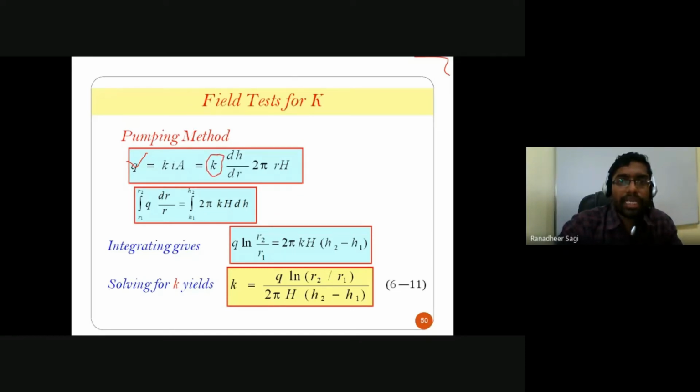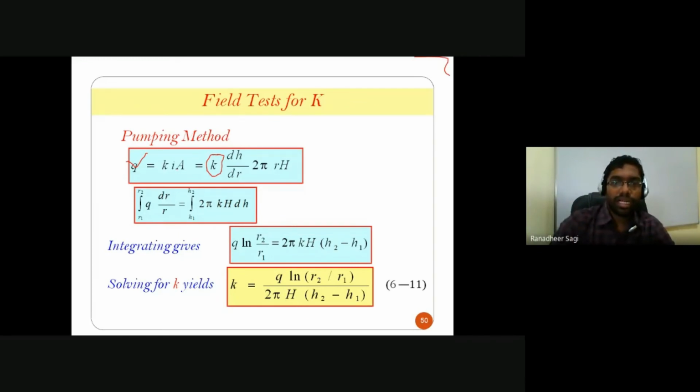And next is the hydraulic gradient. How do we write down the hydraulic gradient? Hydraulic gradient I can write as head loss from one point to another divided by the corresponding length of seepage. Hydraulic gradient can also be defined as the slope of your free flowing water surface. That's nothing but the slope of your water table, the drawdown I am referring to here. So the slope of that drawdown water surface I can also write as your hydraulic gradient.